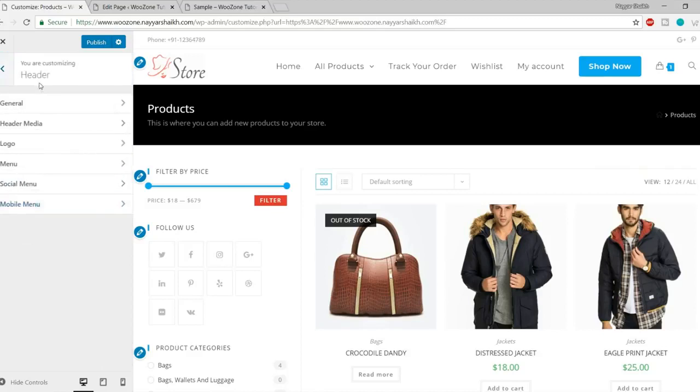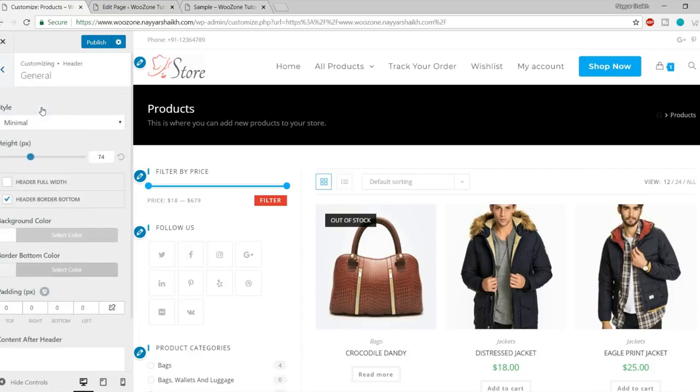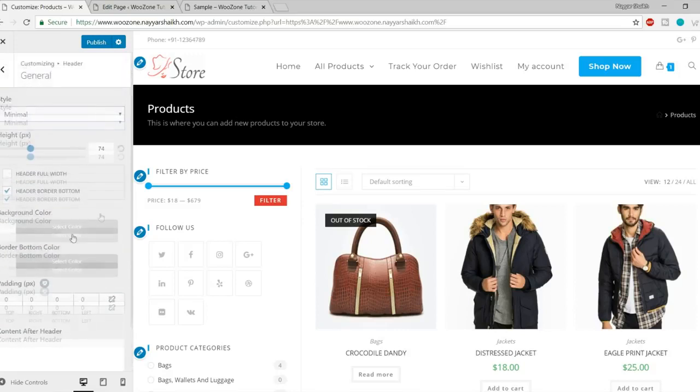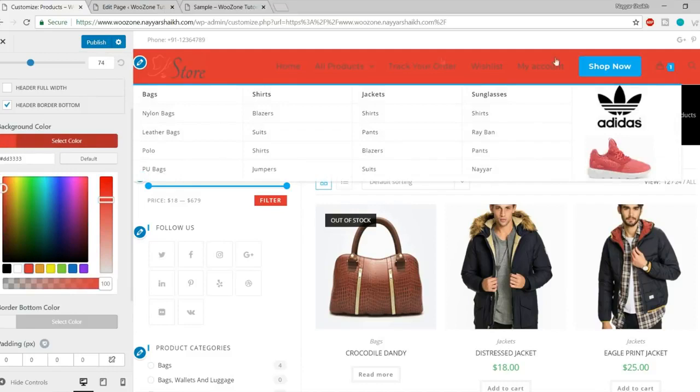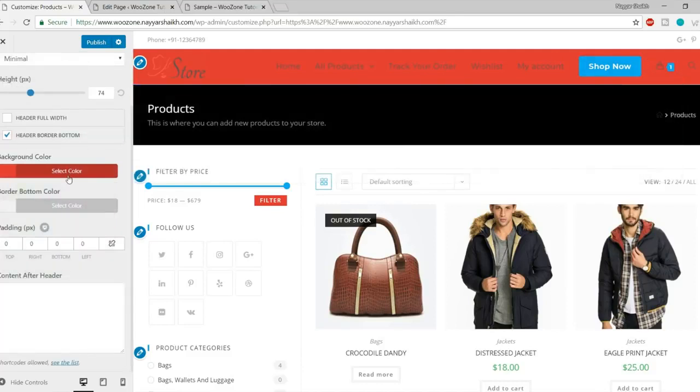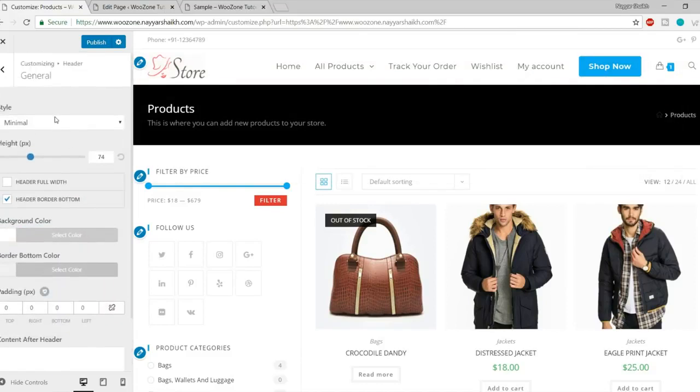We have the header. We have seen most of the header settings in the page setting, and that was for a specific page, and here you can do it globally, which means for the entire website. So you can change this style to full screen, or whatever you like. Background color of this header: if you want to make it red, you can do it from here. If you want to change the style, instead of minimum,